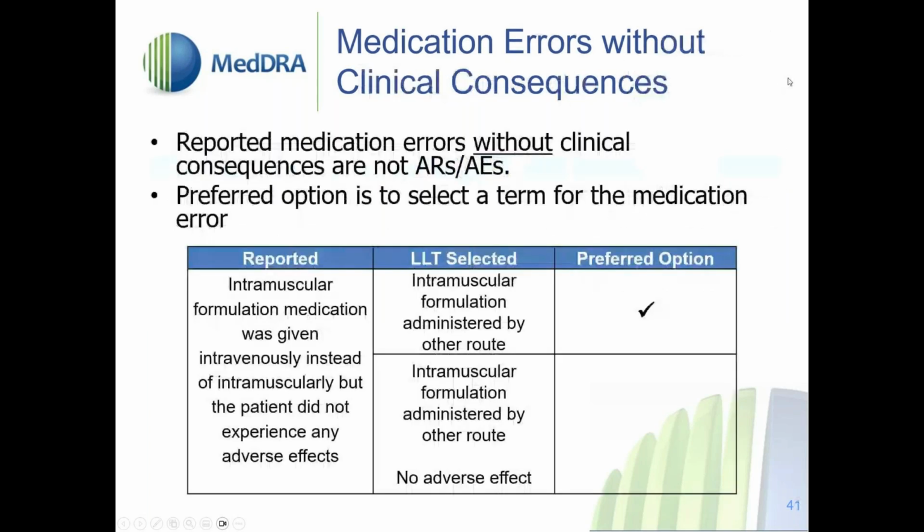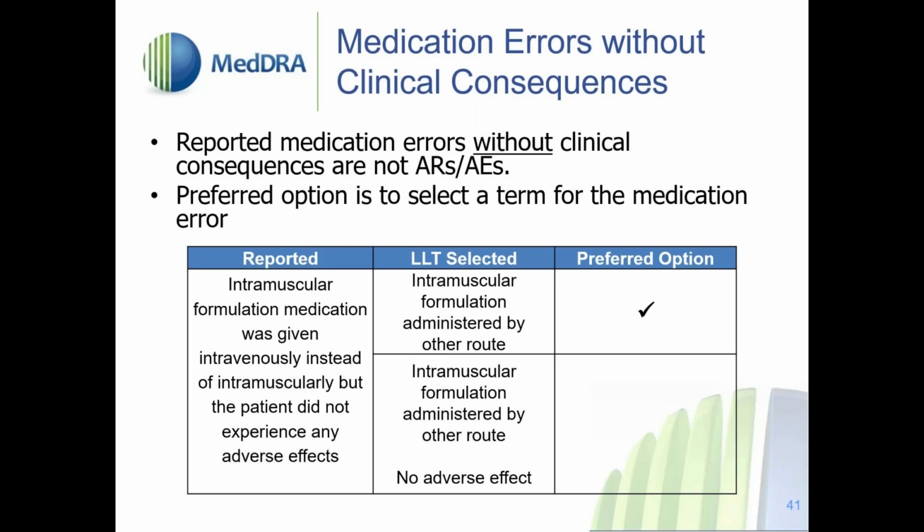So what happens when you have medication errors without clinical consequence? These are typically not adverse events or adverse reactions, but it is important to record the occurrence of a potential medication error, as well as a medication error that happened without a clinical consequence. So if you have a medication error without a clinical consequence, you have a preferred option, according to the PTC